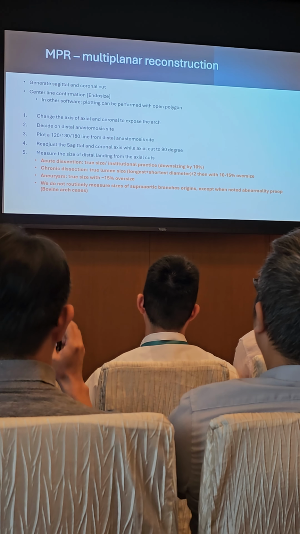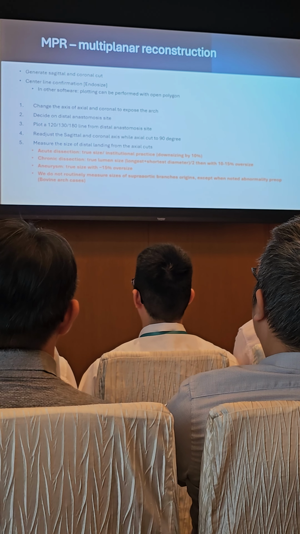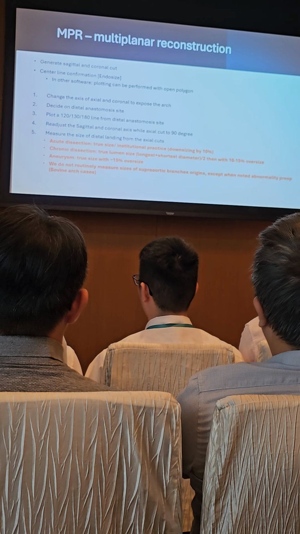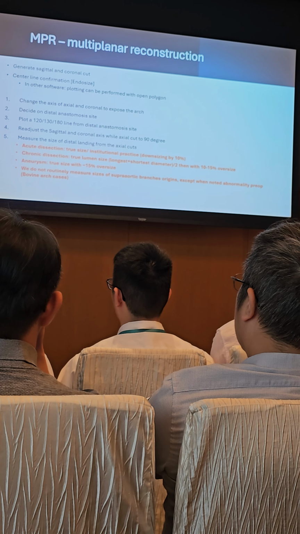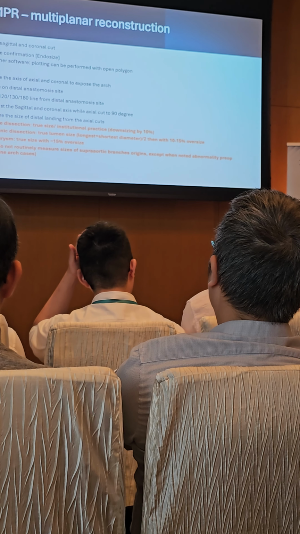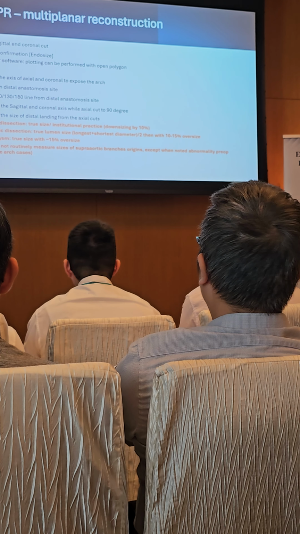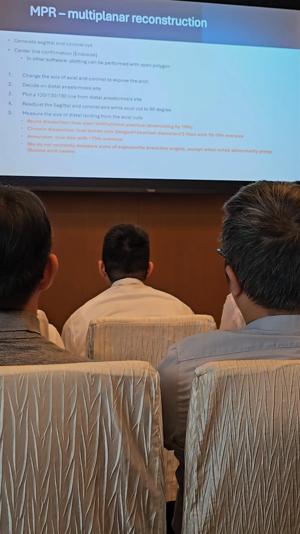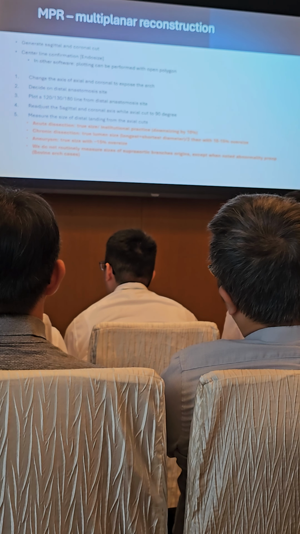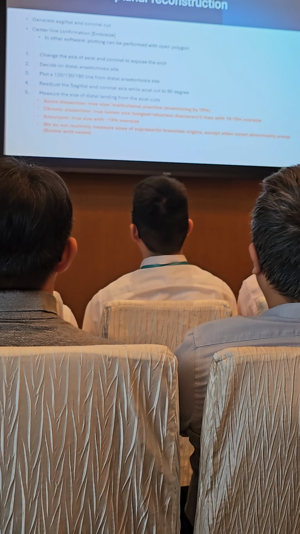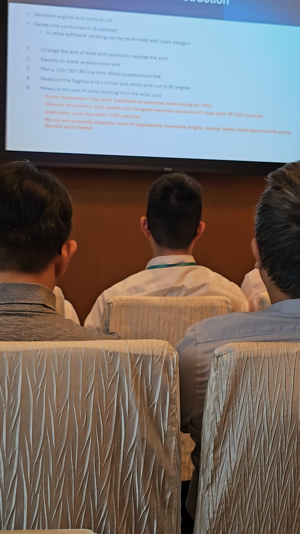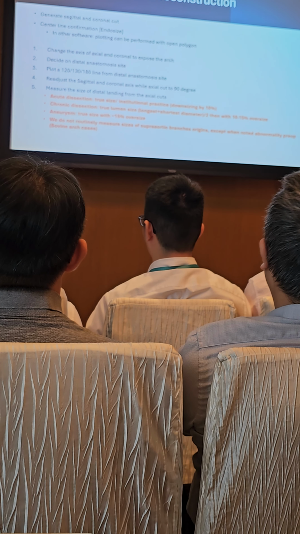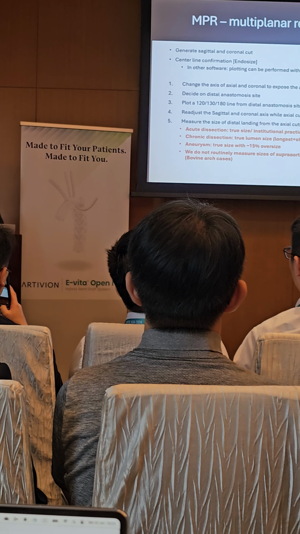The sizing routine: in acute dissection, true lumen size. From Professor Song, they would proceed with a downsize of 10%. In chronic dissection, we take the longest diameter of the true lumen plus the shortest diameter, and take an average across the two, with 10 to 15% oversize. In aneurysmal cases, we go for true size with about 15% oversize. We do not usually measure the size of the supra-aortic branches, but we would pay attention to any anomaly in terms of the arch, for example, in bovine arch